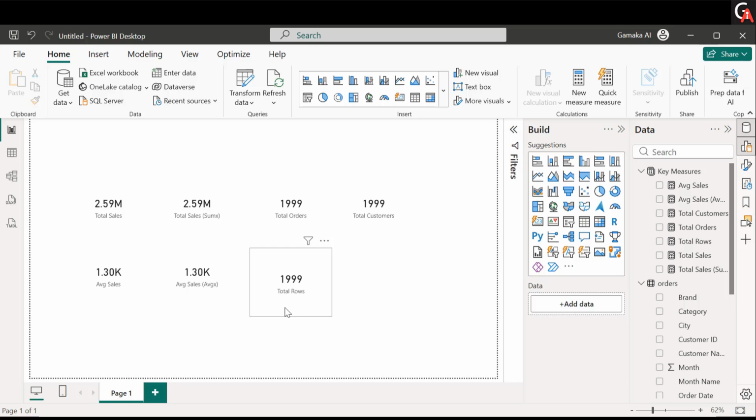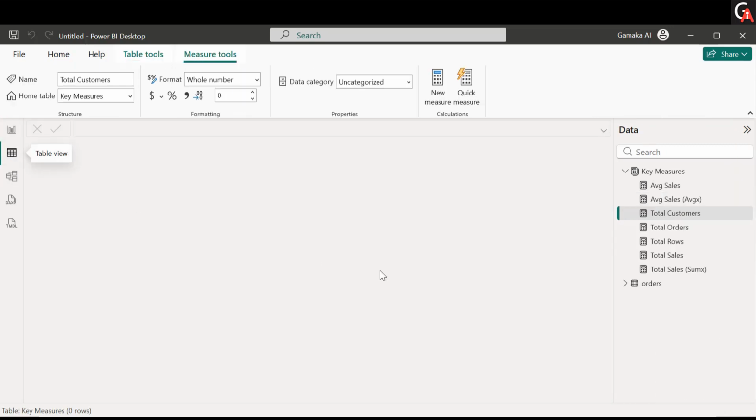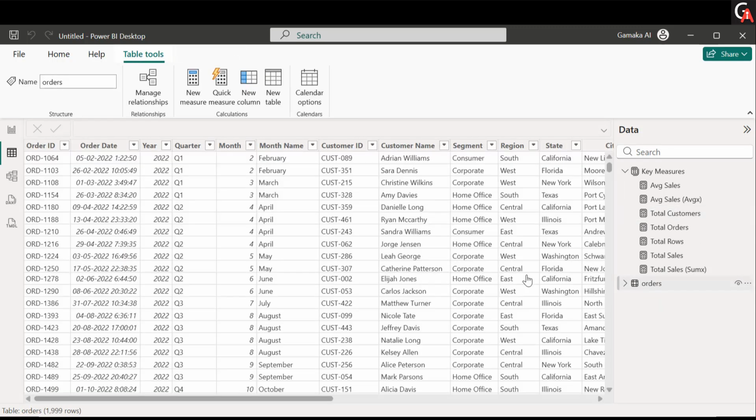Now there is one more function in the series called distinct count. What does distinct count mean? Distinct count is a function which counts the unique values, the values that are different from each other. If I go to my table view and click on the orders table here, you will be able to see